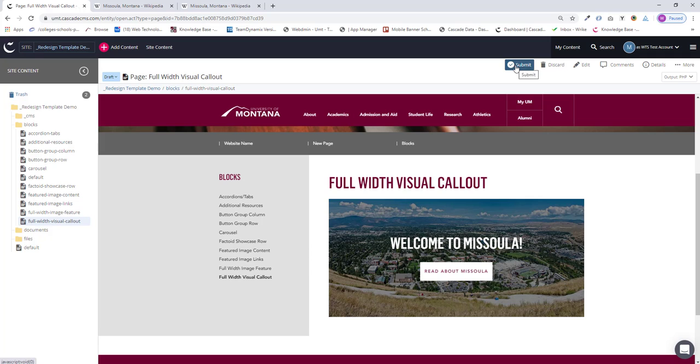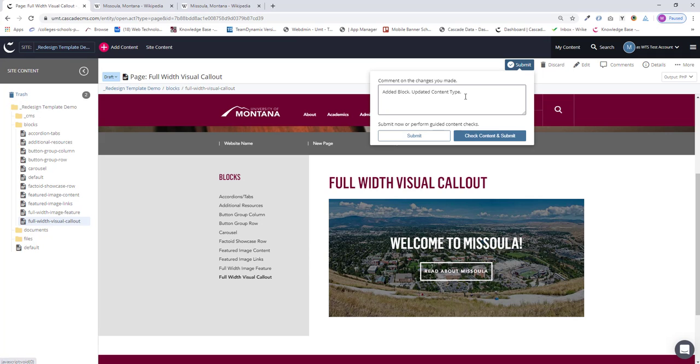Okay, now I just click submit, add any comments, submit again,